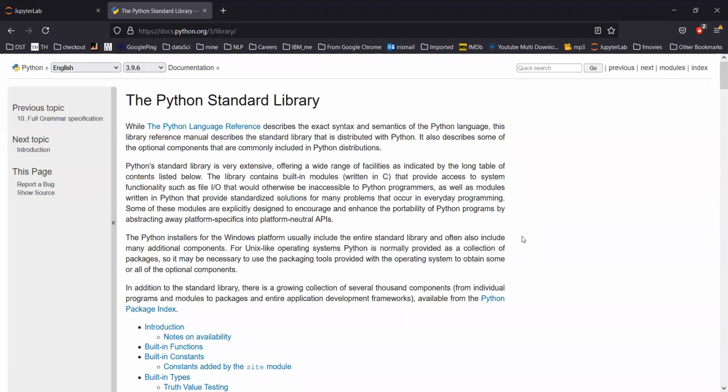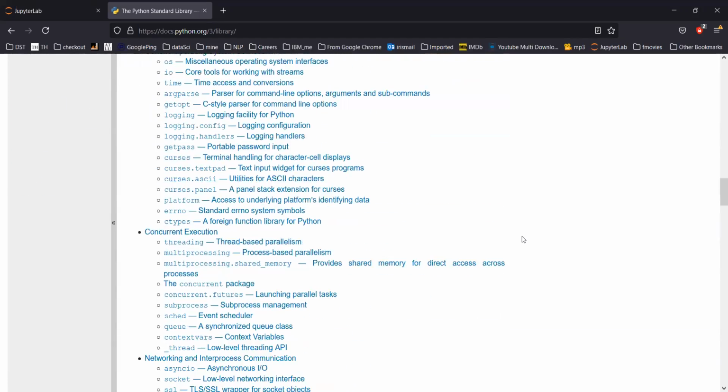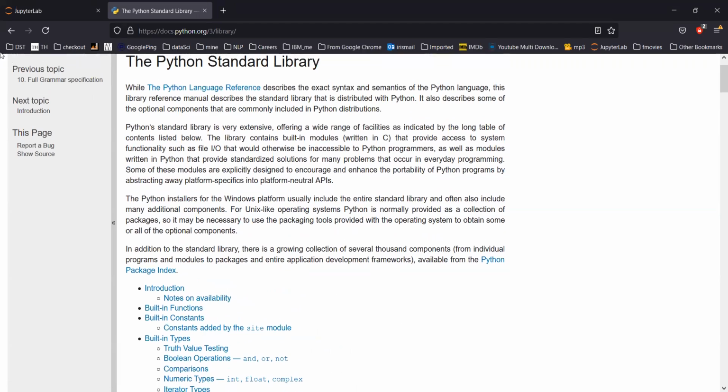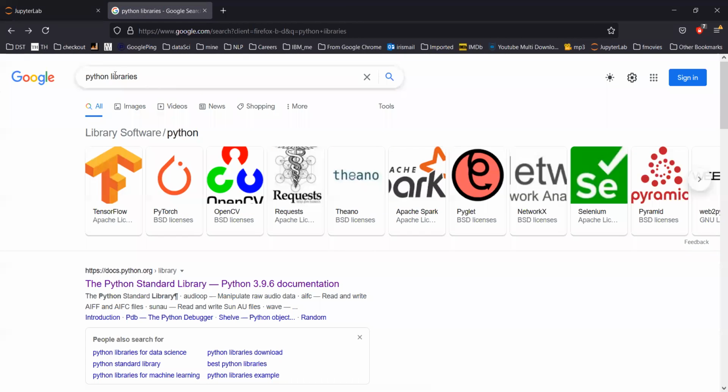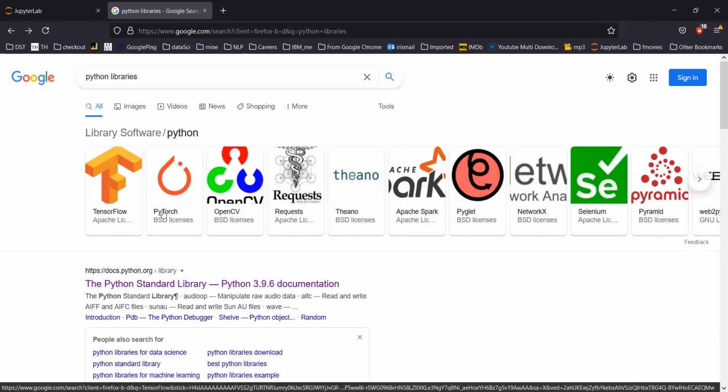Okay, so you can search for any library. Suppose you are interested in the data side. Simply put, if you see TensorFlow and PyTorch, these are data processing libraries. In simple terms, these are the machine learning and deep learning libraries.